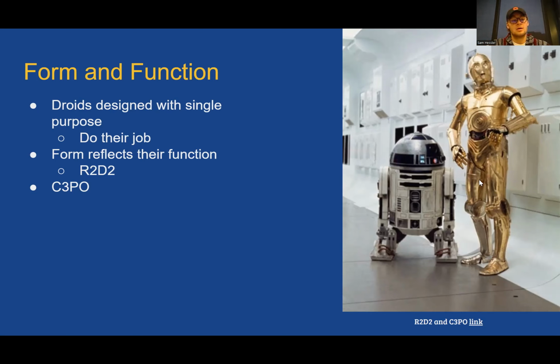C3PO, who's on the right, however, is an interesting case when considering the life cycle of software objects, because he is much closer to what a Digiant is kind of like. Now, he doesn't need to be trained or raised or have any sort of emotional support, but he does exist to essentially help out in the house. He can be a butler. He's a translator. He knows like 600 billion languages or something like that. He can also be coded for sensibility to help with pregnancies and, you know, anything that someone would need in the house.